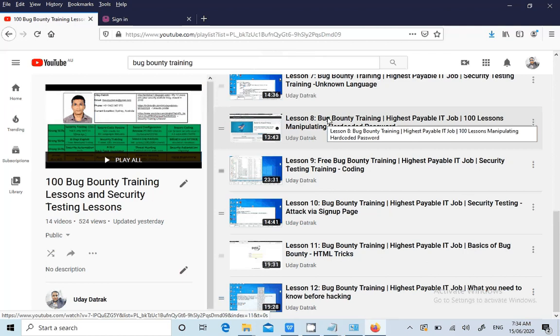In the next 4 to 5 lessons we will discuss only low level security issues first, and then once you are comfortable with the low level issues, then we jump into the medium level, and then high level, and then critical level. After that, all these 100 plus unique security issues, once you are comfortable in finding, then I'll teach you how to hack into your web application by 40 to 100 ways, based on the time I have, I will be making the videos.